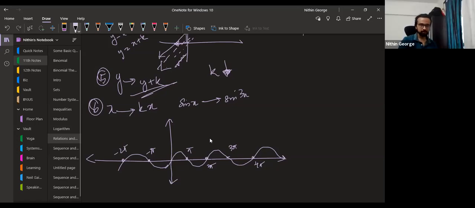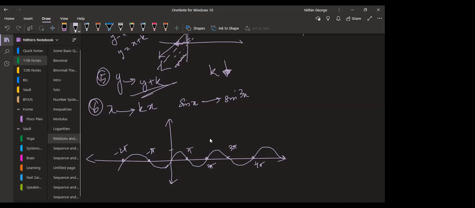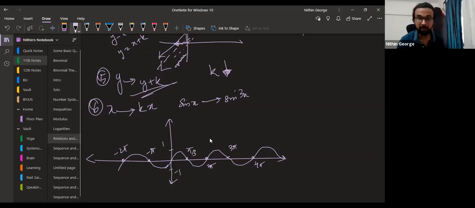The points at which it becomes 0 get divided by 3. Lovely, lovely. That's the right way of thinking. Basically, every point on the x-axis gets divided by 3. That's the idea. What you said is perfectly sound. That's how even I use it to think. But the idea is actually every point gets divided by 3 on the x-axis.